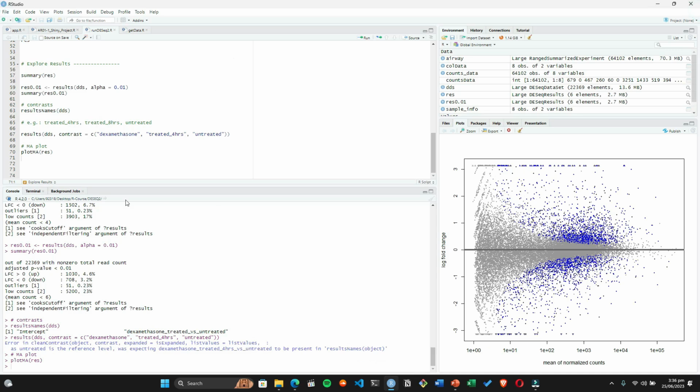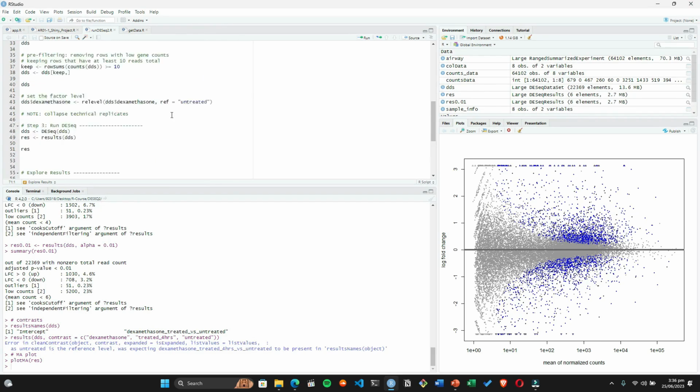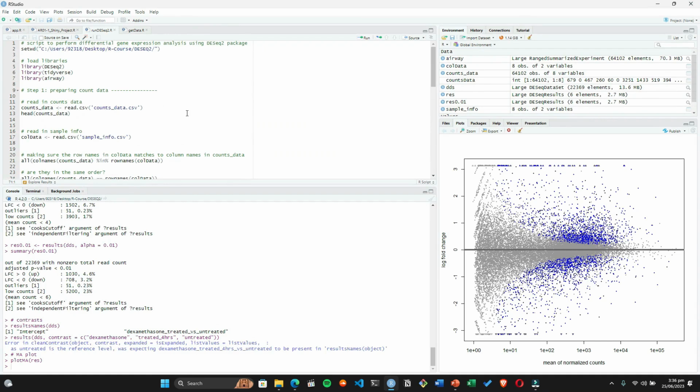So that was it for DESeq2. I'm going to give this code on my GitHub account, and then you can use this for your analysis as well. So that was it for